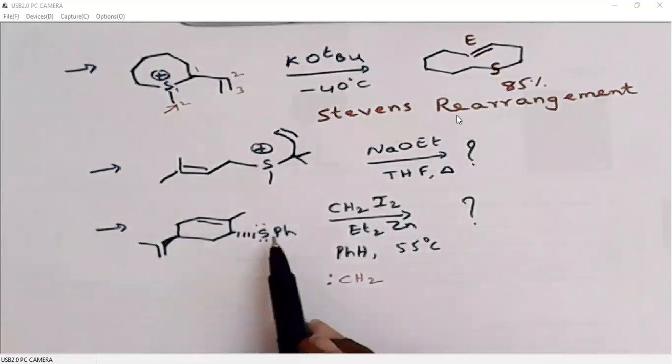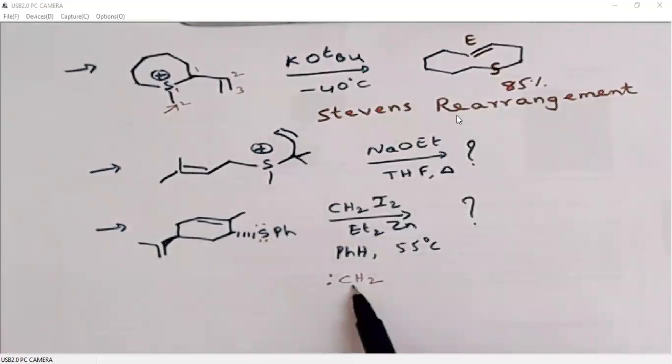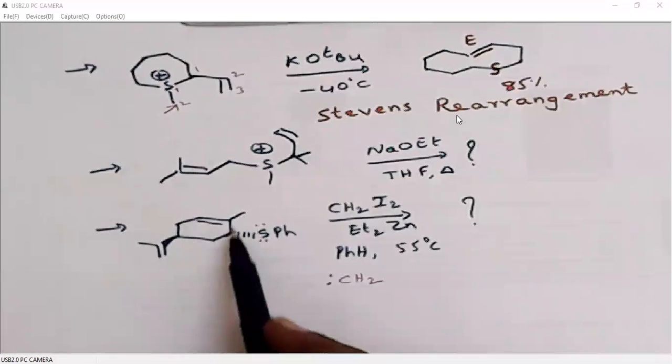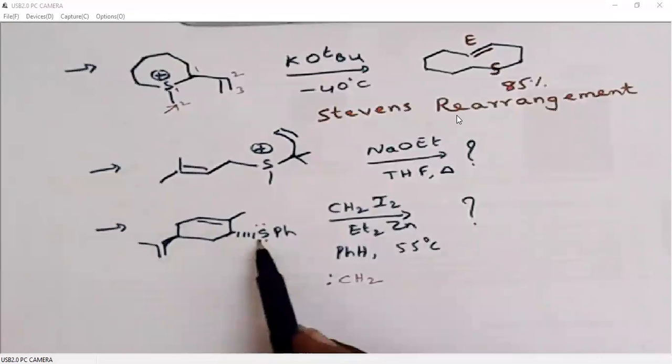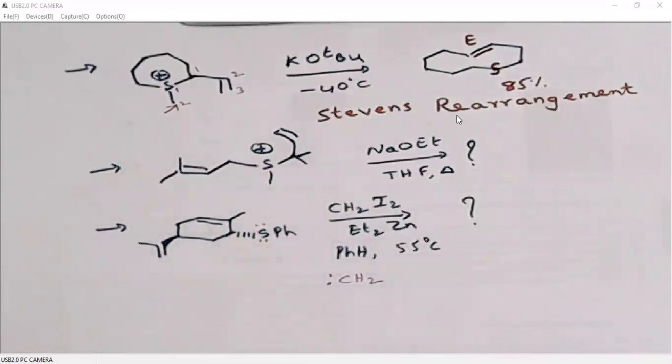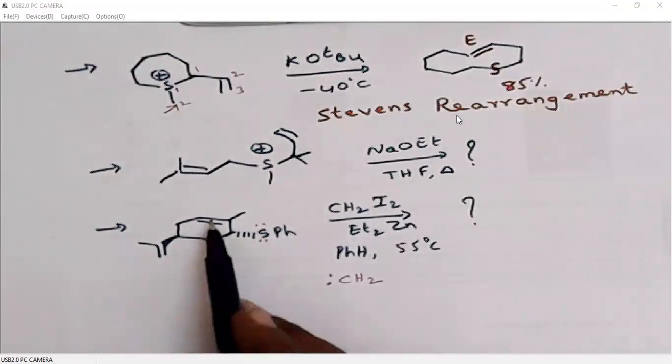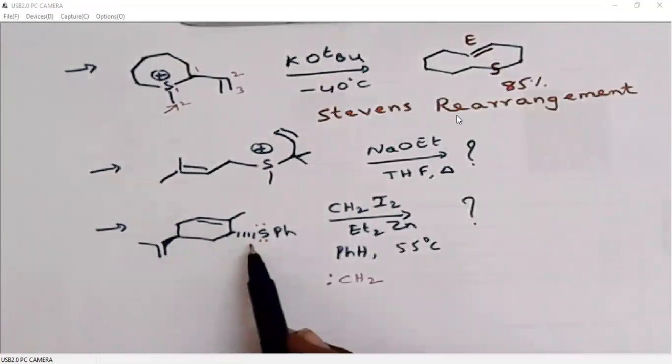Then it generates positive charge on sulfur, negative charge on carbon. And see, this sulfur is an allylic sulfur. 1, 2, 3. This is the allylic system and this is allylic sulfur. So it generates a sulfur halide. This exactly fits into the Stevens rearrangement. So you give the product, okay? Because it is below the plane, even the product wherever it is giving attachments on the ring, that must be below the plane.